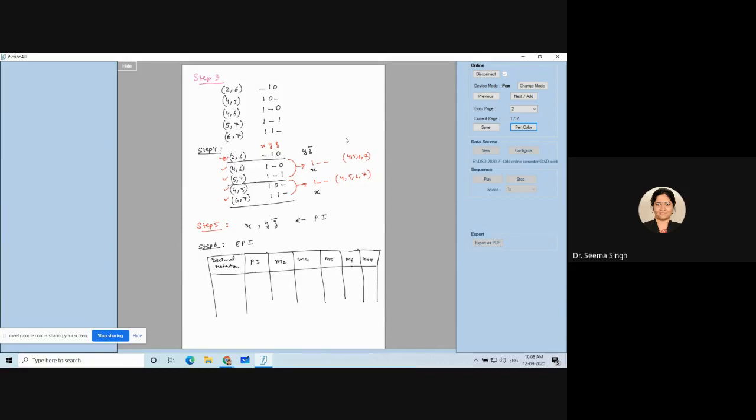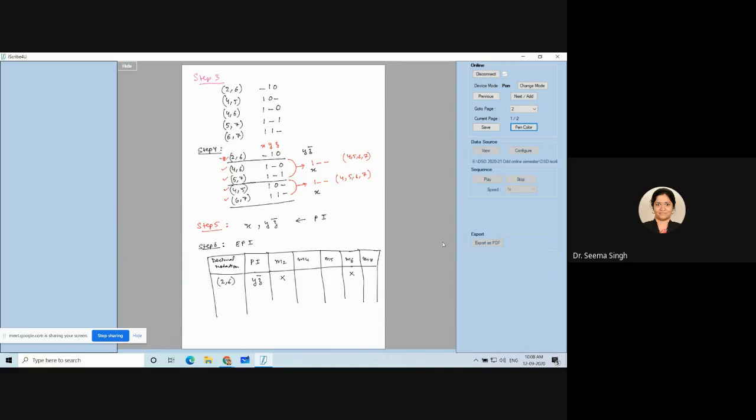Okay, decimal notation will also be written. Decimal notation means my first prime implicant is what? My first prime implicant is Y Z bar, or you can take it X also, does not matter. So Y Z bar, it came from where? It came from 2 and 6. I'm writing the decimal notation here. And Y Z bar is coming from 2 and 6, which means I will put a cross in front of M2 and M6 because Y Z bar has come from 2 and 6. It is covering M2 and it is covering M6. So crosses are put at M2 and M6.